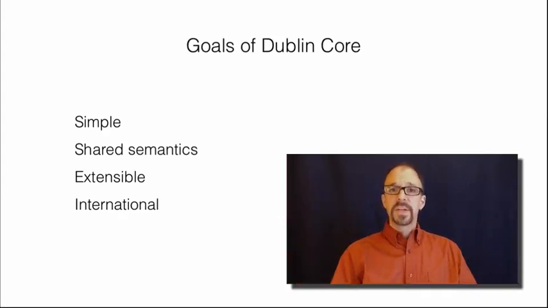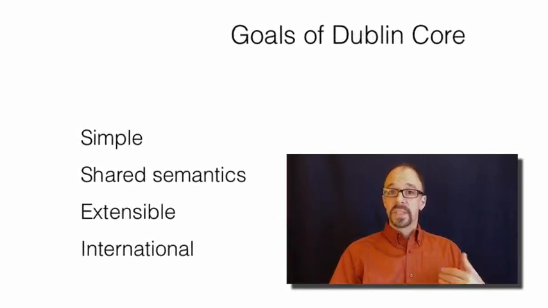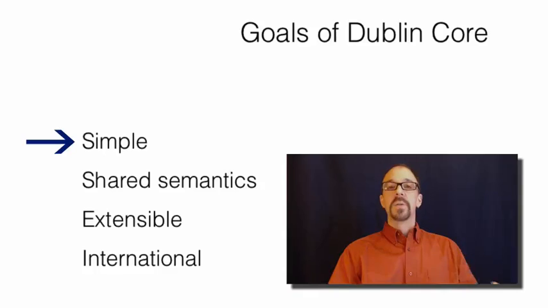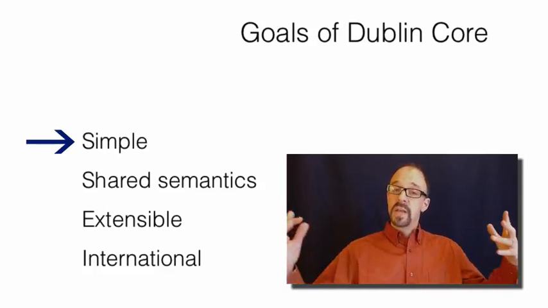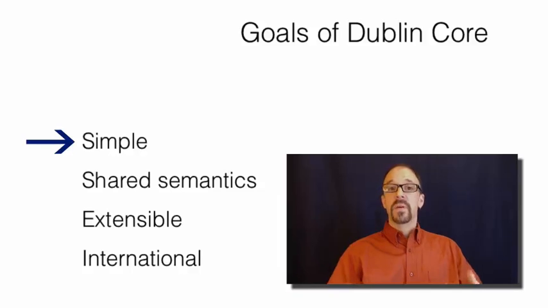The first of which we've already talked about, simplicity, right? Dublin Core was designed to be very simple to use, to have a low cost of adoption so that it would be very widely used, right? The idea is that it should be simple to create metadata for an object, and it should be simple to use Dublin Core metadata and metadata records